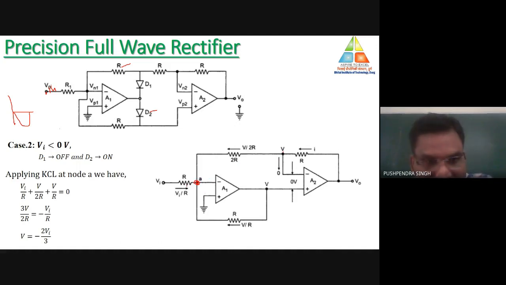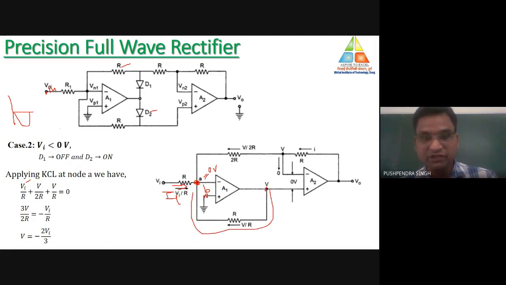So what is the value of current here? I1 is equal to what? V in minus VA divided by R. But A is indirectly connected to this B point. This A is virtually shorted with B, and B is connected to ground. That's why A will also be equal to 0 volt. So here the value of current is how much? V in divided by R. This one.